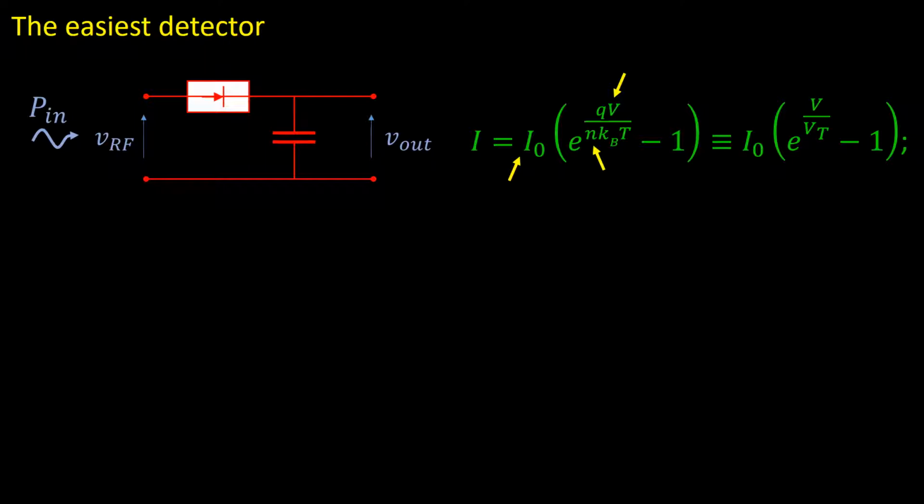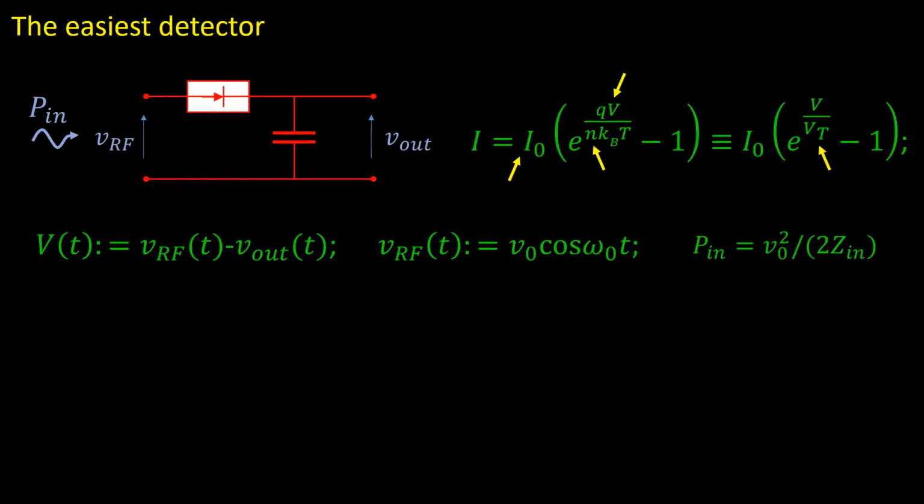The Boltzmann constant times temperature divided by electron charge is usually called thermal voltage and is represented by Vt. Here we will use this label Vt to represent the product of the thermal voltage and the ideality factor. Doing so, we will simplify the equations quite a bit. V is the difference between the input voltage, which we call V sub Rf, and the output voltage, called Vout. Once we get Vout as a function of the input voltage amplitude, we will immediately obtain its dependence on the input power. This IV equation is clearly nonlinear, and this is essential for our purposes.